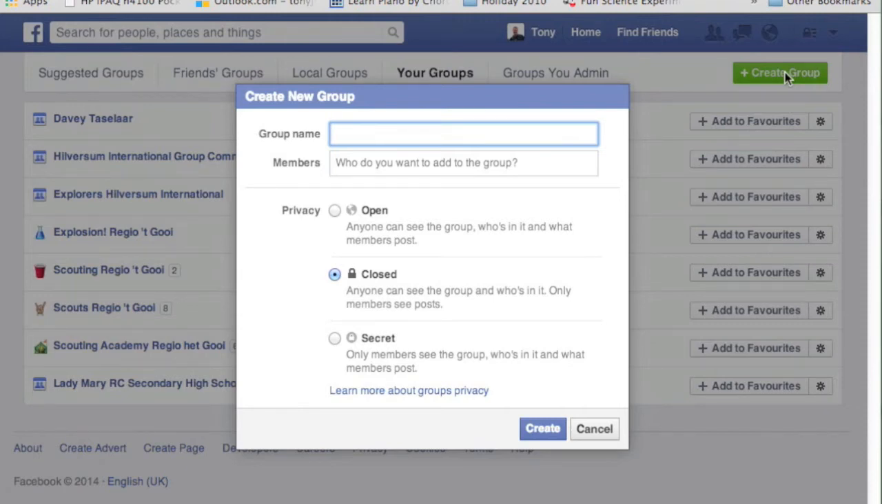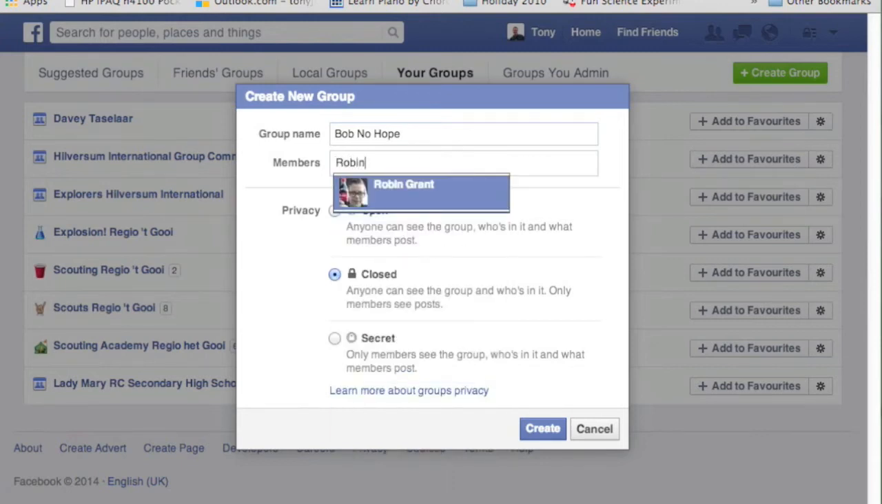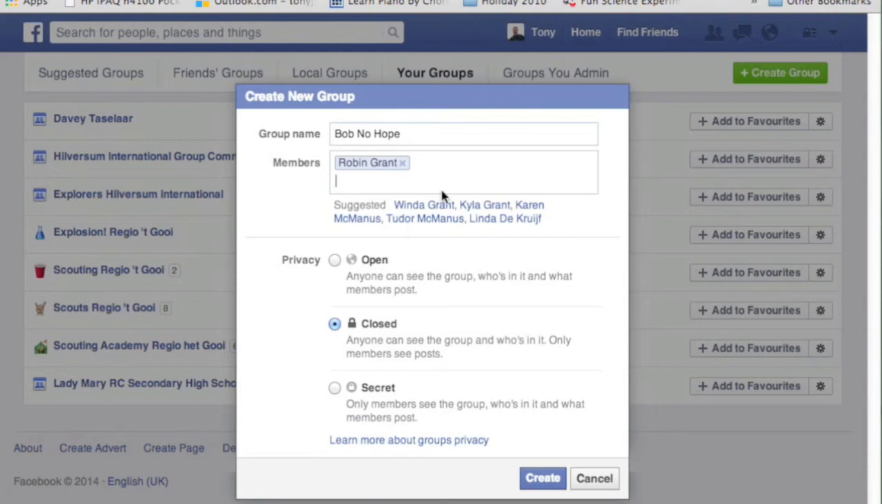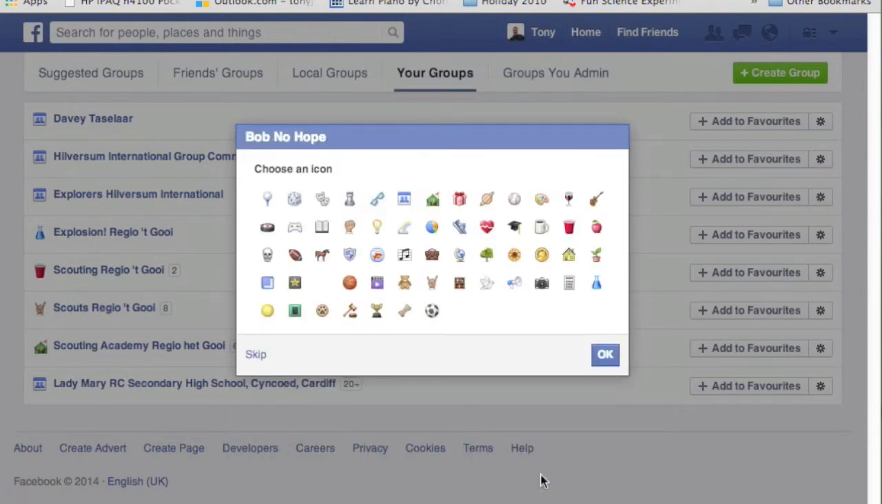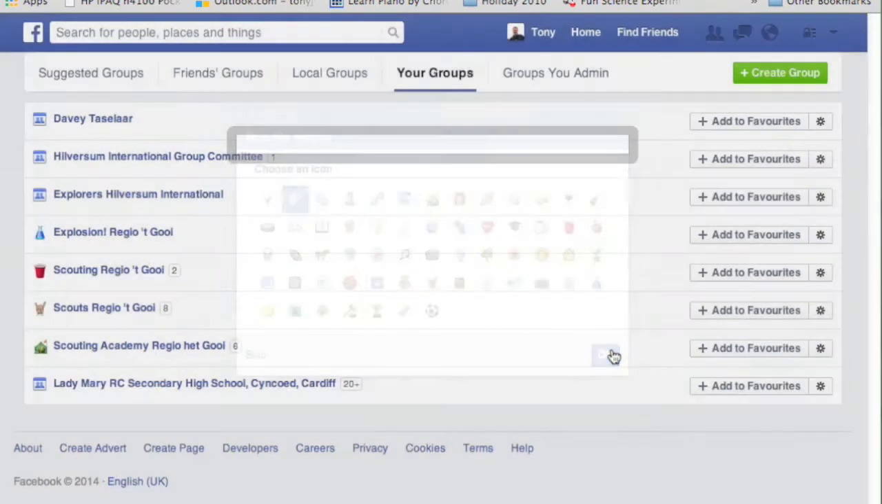Okay, so the name of the personal project student should be put in here, or the group. Bob No Hope is going to be the name, and then a member. Now first of all, you actually have to add a friend, so I'm just going to add my son to start off with, and then you make a closed group and then create, and you can just choose an icon, it doesn't really matter,